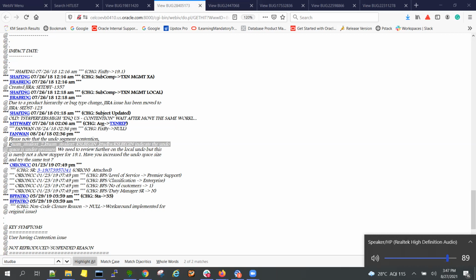So just do a little wider analysis, narrow down to certain points, then use those points and start doing your analysis. It is not only the function calls, or only the version counts, or only the wait events that matter, but even the symptoms. If certain bugs specifically mention that this wait event contention will be reported when a specific job is executed, or when a merge SQL is executing, those are the kinds of clues and patterns.